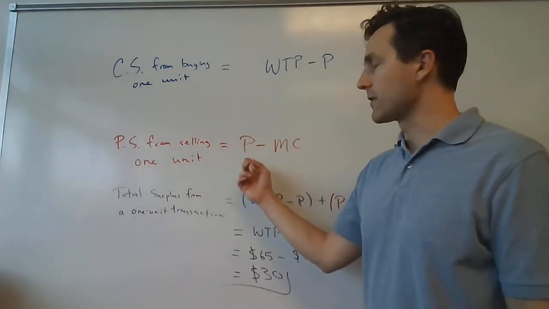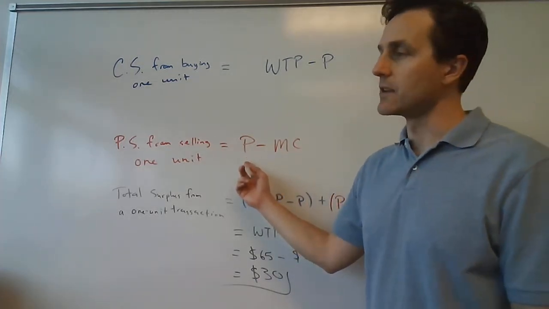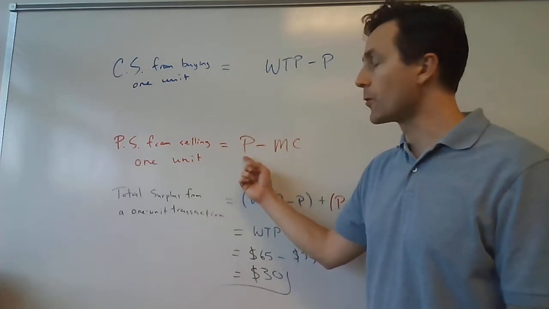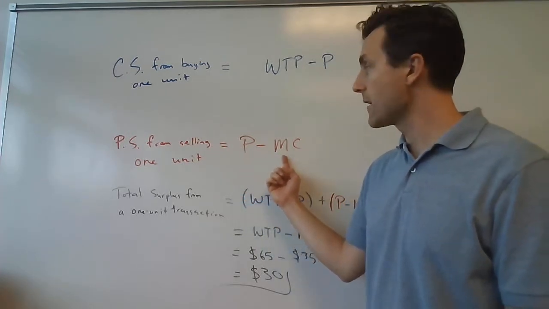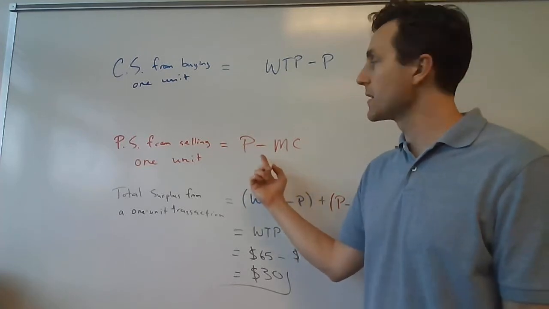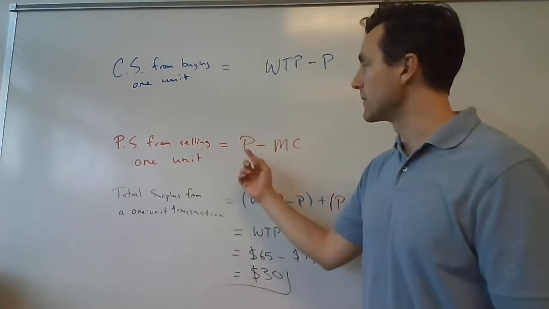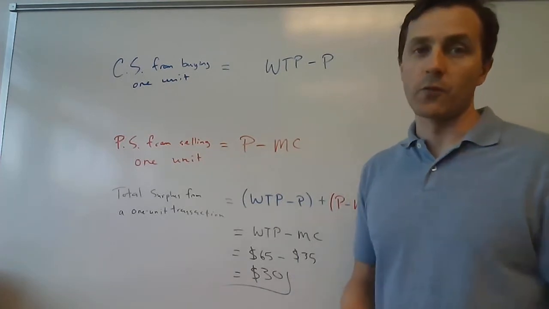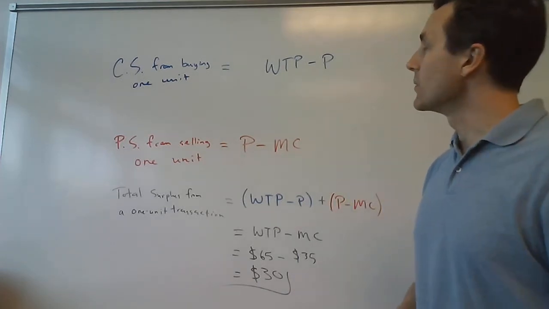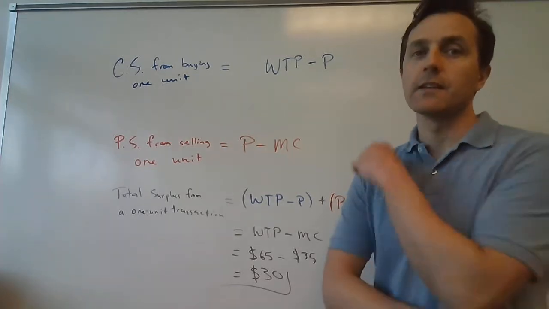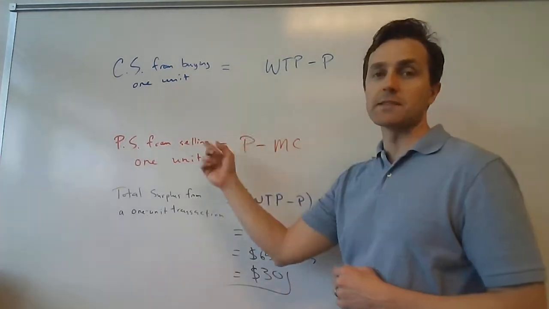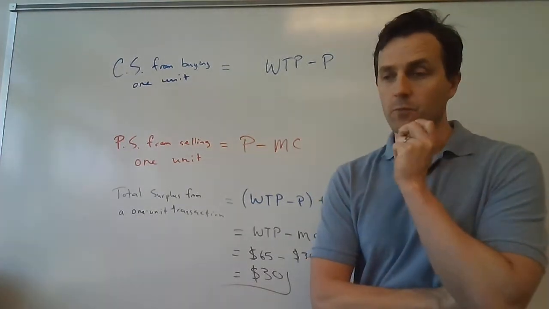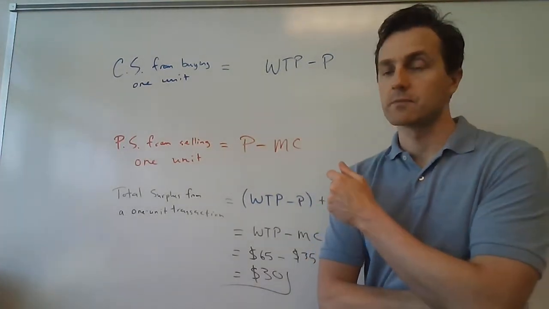So if the price was 40, as in our initial example, her producer surplus would be $40 minus 35, so she would get $5 worth of producer surplus. If the price went up to 50, then it'd be 50 minus 35, so $15 worth of producer surplus, and so on and so forth. So that's how you would calculate both consumer surplus and producer surplus from just a single transaction, buying and selling 1 unit of a good